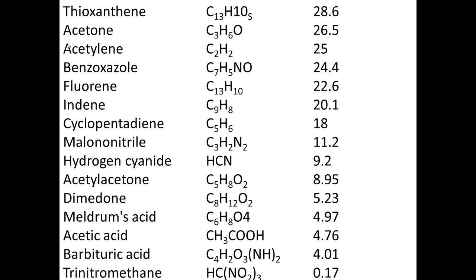Again, if we compare acetone, acetone has a C double bond O character, and because of this also the pKa value decreases and acidic character increases. Again we go to acetylacetone, the pKa value decreases again and the acidic character increases. So these are some reasons why the pKa value decreases and the acidic character of this carbon acid increases, because it is related to the stability of this carbon anion.